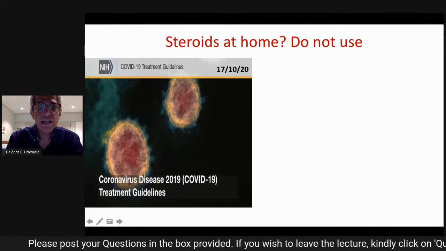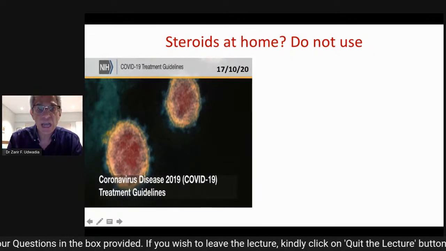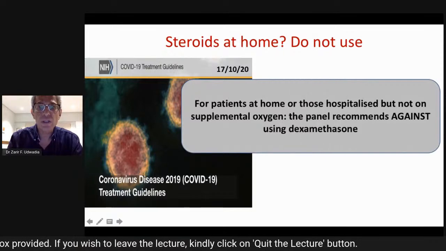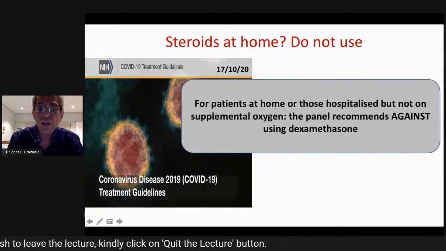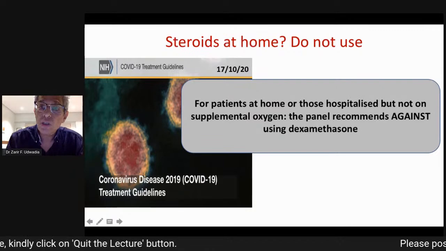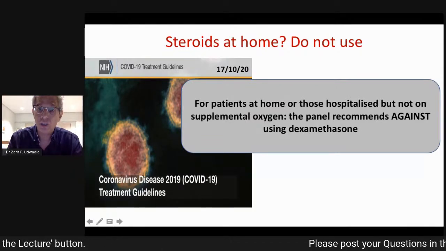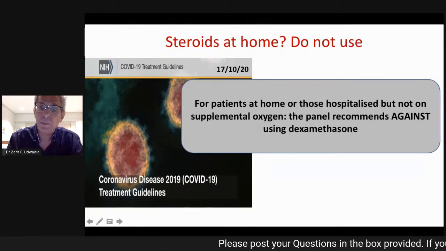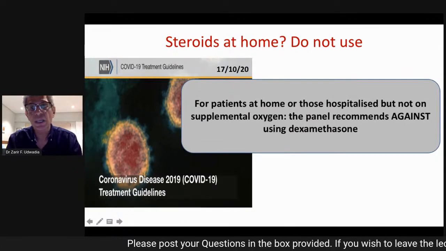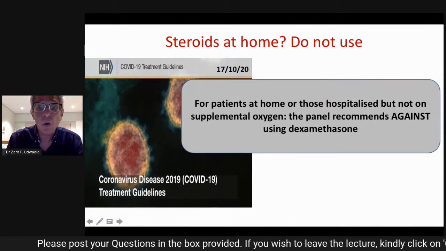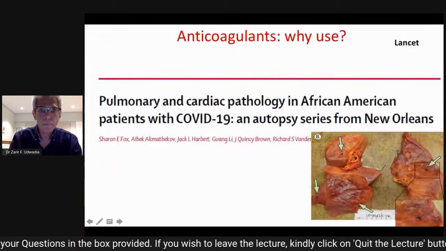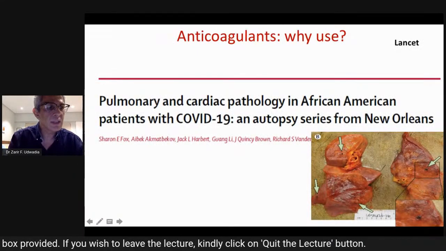So these are very recent NIH guidelines, from yesterday. If I look at the steroid guidelines for patients at home or those hospitalized but not on oxygen, this panel of experts recommends against using dexamethasone. I can't be more categorical than that. Moving on to anticoagulants,